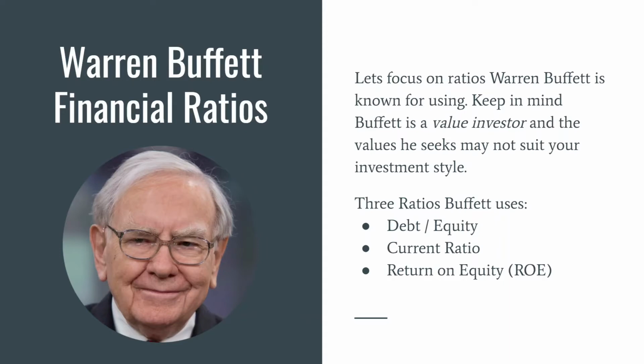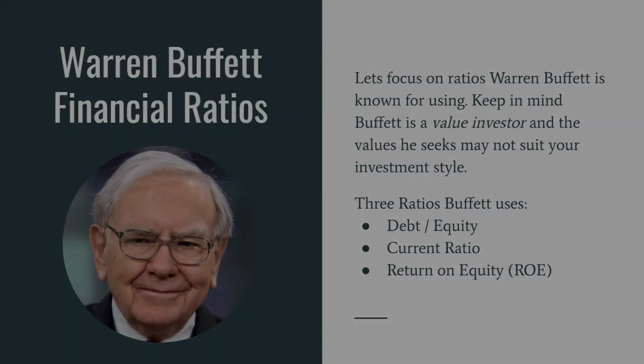We will look at three ratios that each give us an idea about a specific aspect about a company's health. The debt to equity ratio tells us a company's capability to pay back debt in the long term. The current ratio does the same for the short term, or 1 year. That is, it tells us if the company is able to cover its current liabilities with its current assets. And lastly, we will look at the return on equity, which tells you how well the company is utilizing its equity, that is your money, the shareholders' money, to generate income.